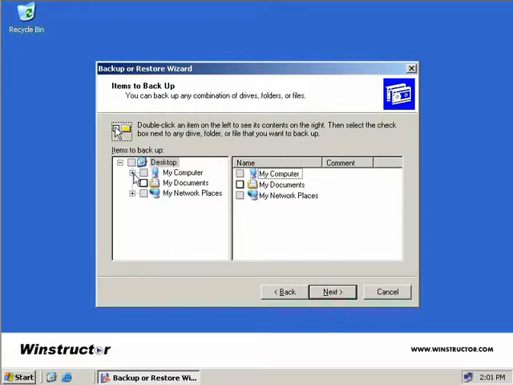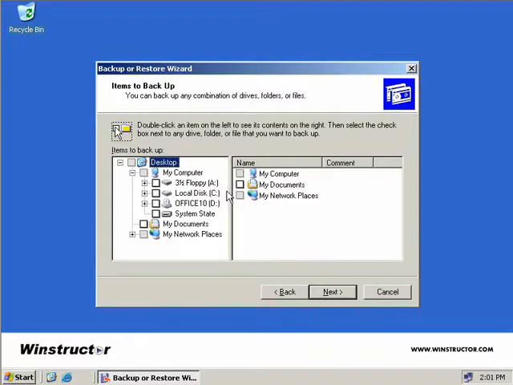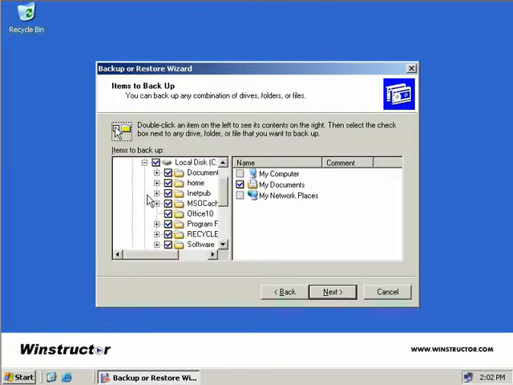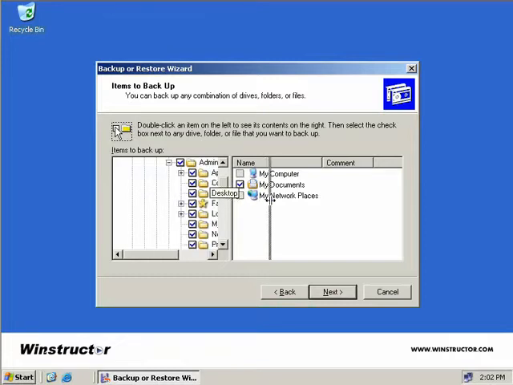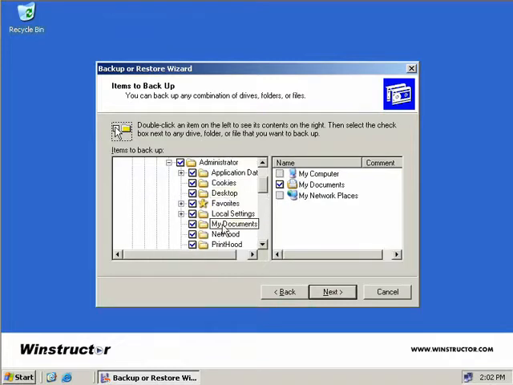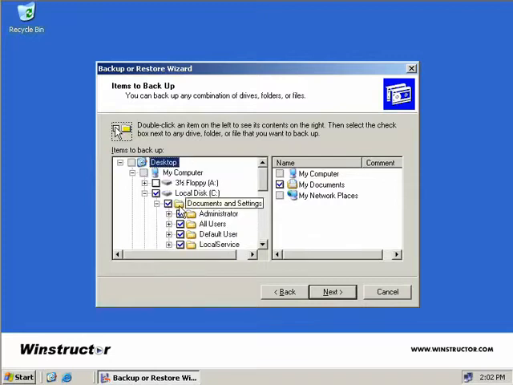Now if we come over here to the left hand side and expand My Computer, we can see the drives we currently have listed in this system. Now we have an A drive, a C drive, a D drive, which is our CD-ROM, and we have the System State. So in other words, if we wanted to back up our entire C drive, we could simply come over here and place a check in this box, and you can see that would also include My Documents, because as you might recall, My Documents is actually located under C, Documents and Settings, the administrator account who we're currently logged in as, and then down here, if we just expand this across a bit, we can see My Documents. Okay, but that's going to take a while to back all this up,